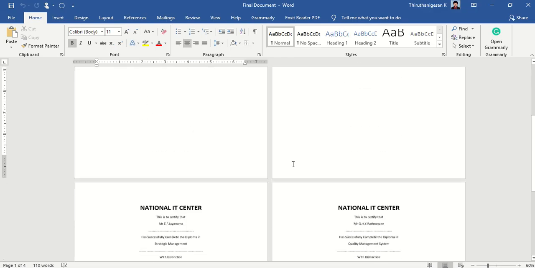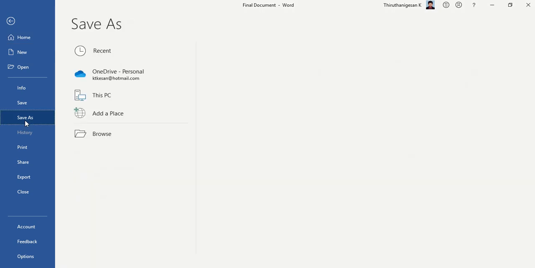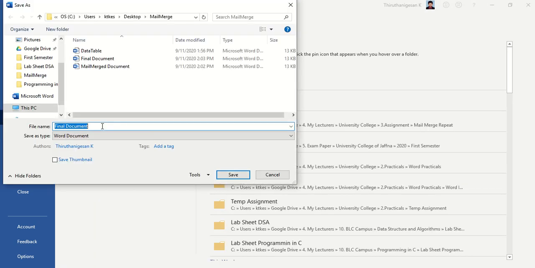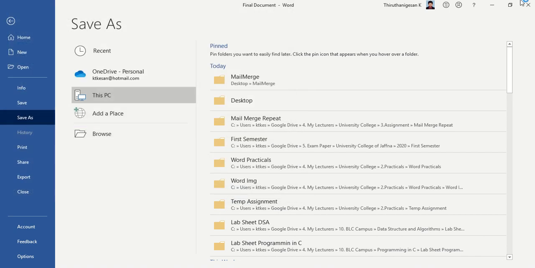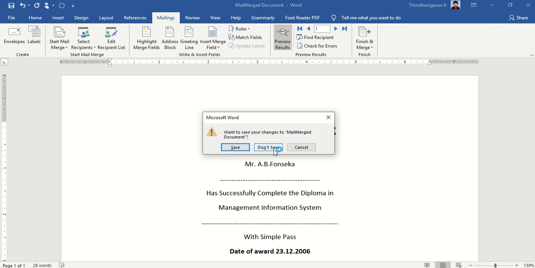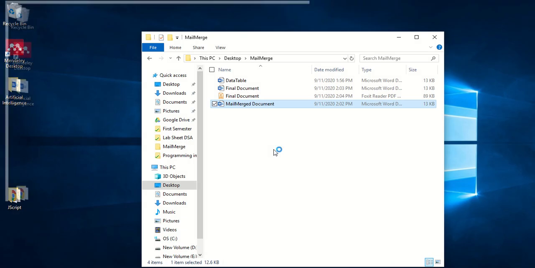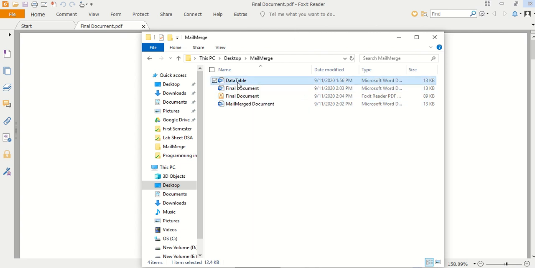Again, if you want this final document in PDF format, save as PDF, final document. Once you complete those works, you will have the data table, the merged document, and the edited individual documents.